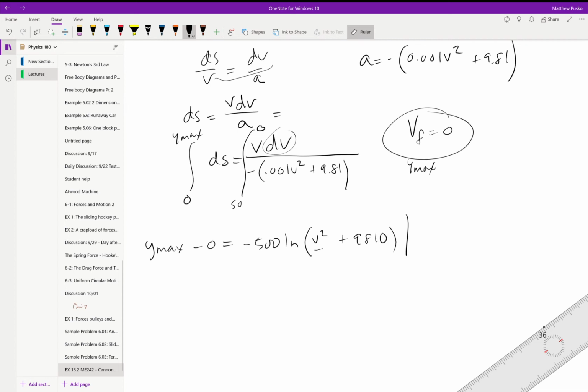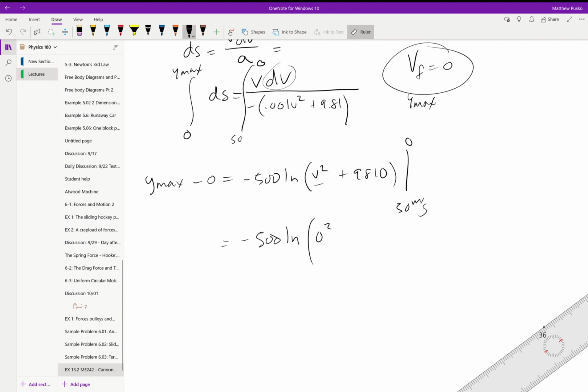Now we need to evaluate it from that 50 meters per second to 0. And after doing so, just a refresher in case y'all don't remember what evaluating means, that would be taking the upper limit and subtracting the lower limit. So 500 times the natural log, and we put 50 squared plus 9810. And if you do that, you will get the maximum height